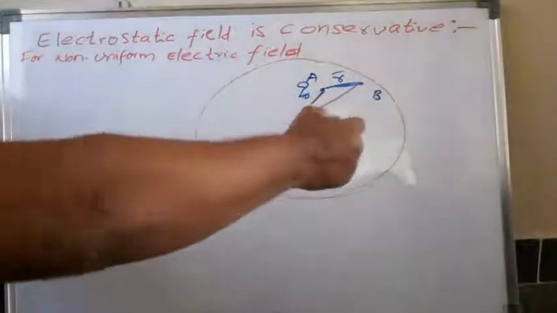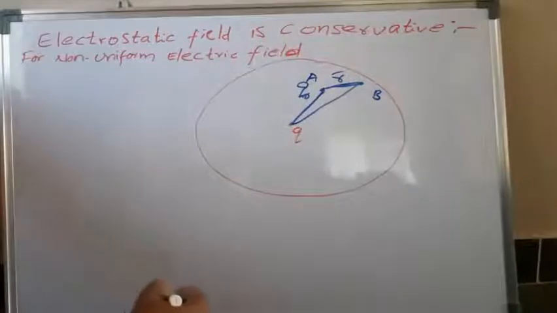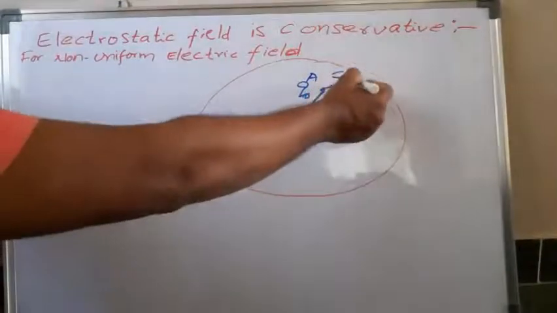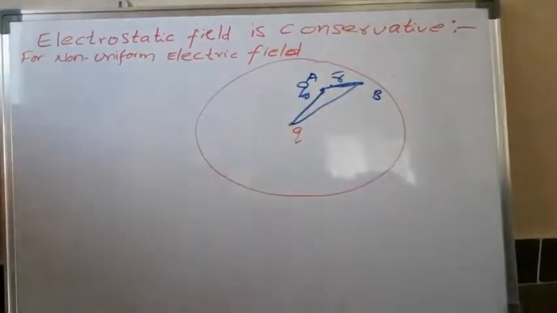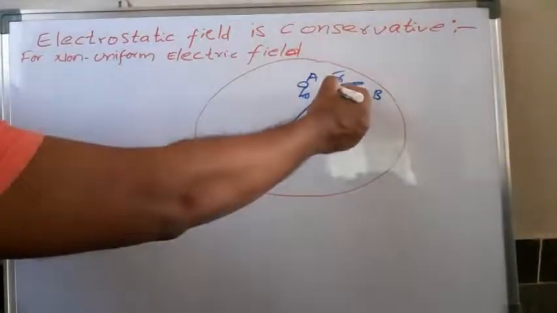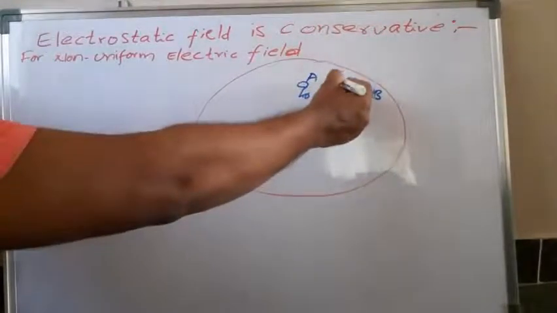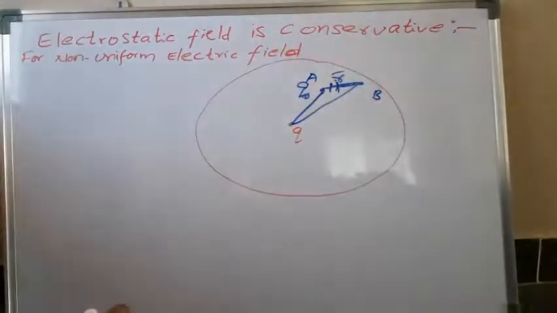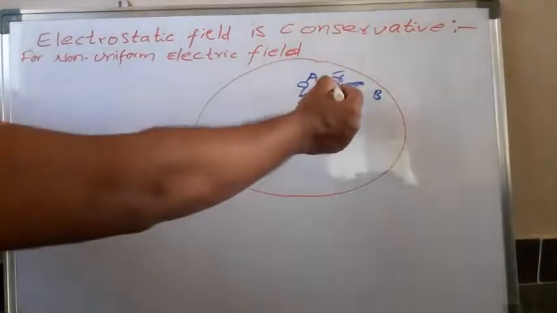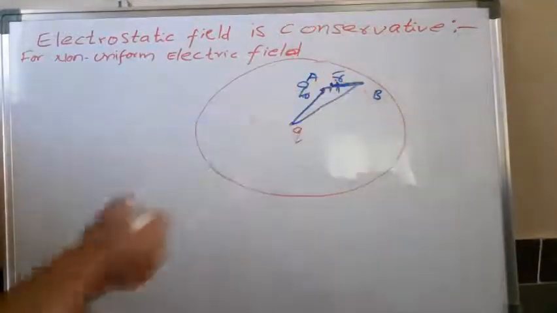Maybe far distance, nearer distance, whatever it may be. To generalize this, one more thing is that the electric field intensity is non-uniform along that line. So we take a small line element, an infinitesimal line element dr, and we calculate the work done to move the charge over this distance dr.